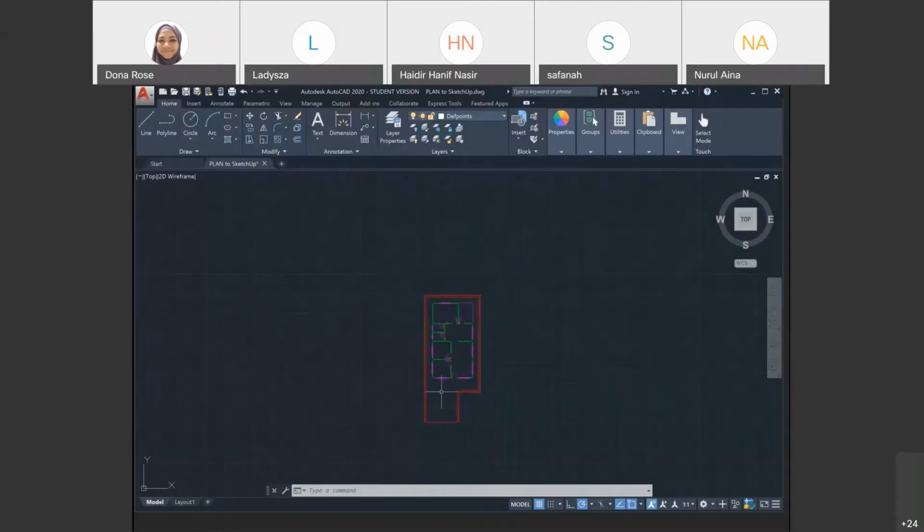But I would like to give you the idea how to build a roof. Let's try. Maybe a pitch roof is a bit too easy, so we'll try a hip roof. Okay, kita cuba hip roof. For roof,